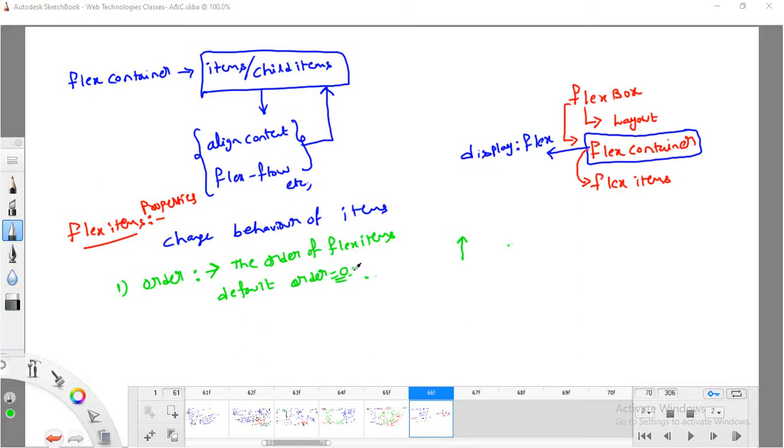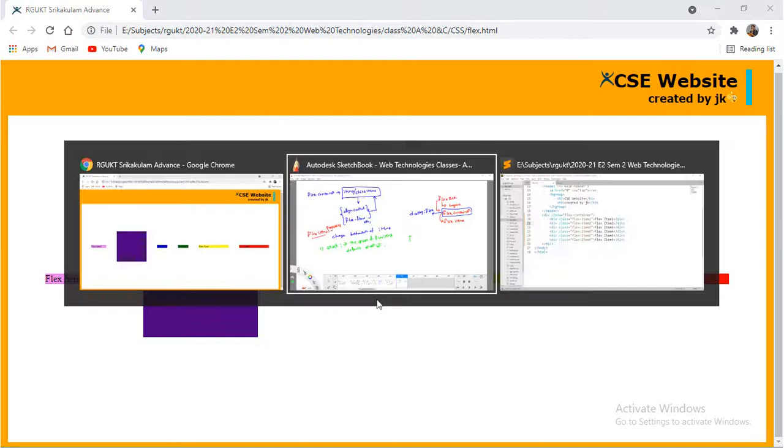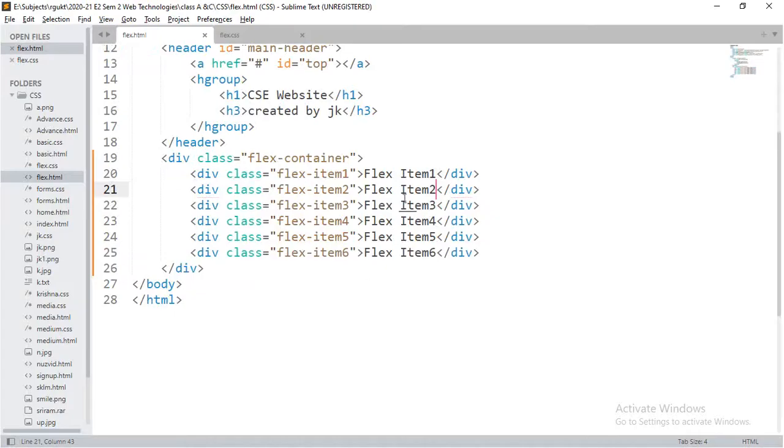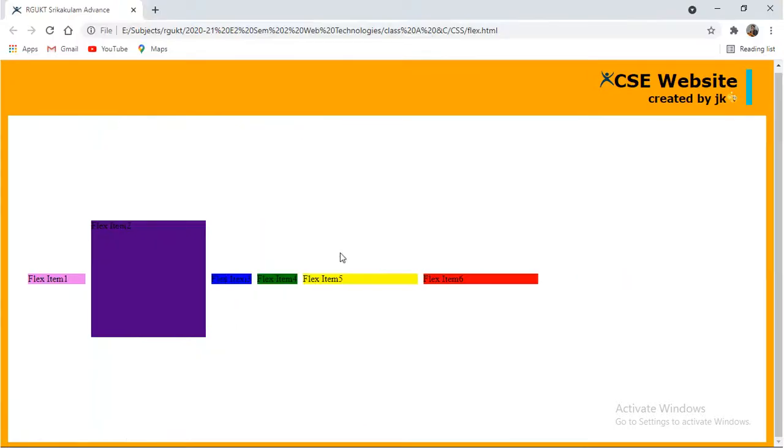If you want, you can observe this with what we have seen in the previous class. So what I will do is remove this space around property, so it looks like this. Now with the help of this order property, I can move flex item 1 to the last position, or flex item 6 to the first position, whatever way you want.